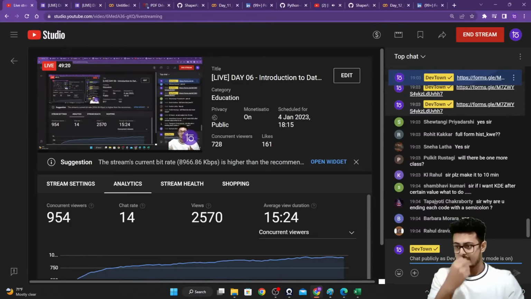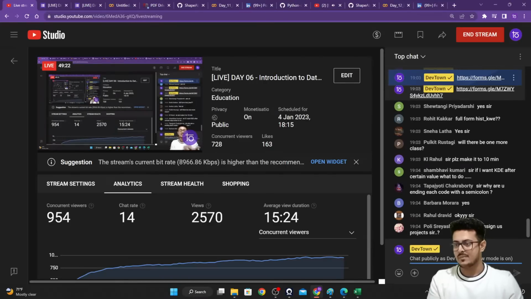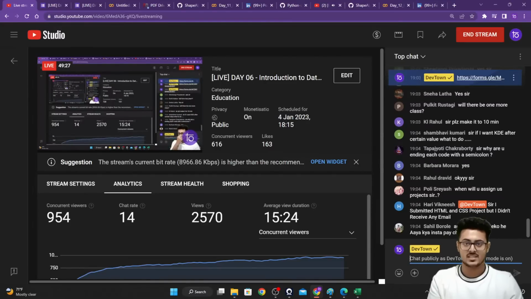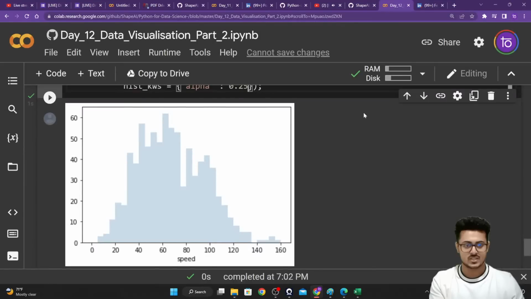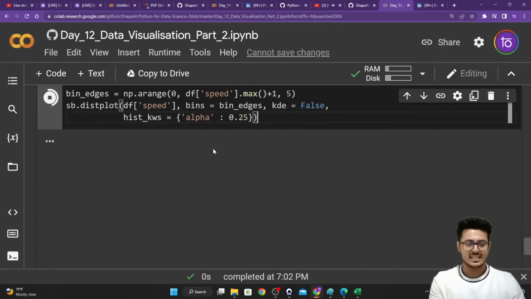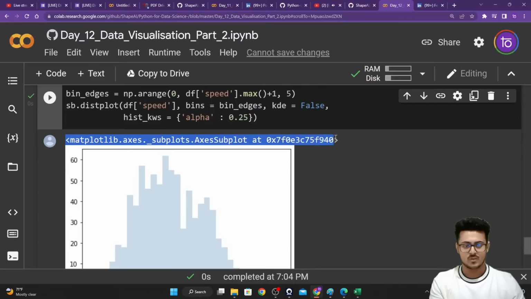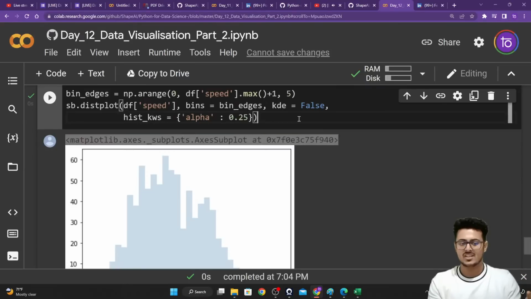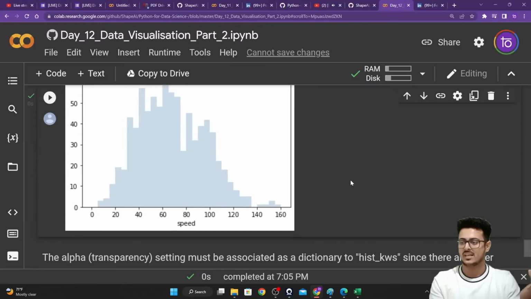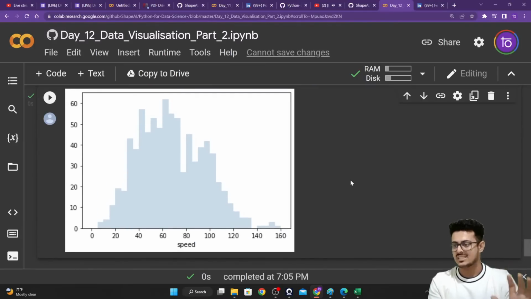Why are you ending each code with a semicolon? Chakravarti, I've already explained this when we started out with our data visualization, that if you're not putting semicolons, you will get all these messages that will come up on your screen. Right over here, if I don't put this semicolon, you will get this metadata also on your screen, and you don't want this. What is this? matplotlib.axes subplot and so on. To make sure you are not seeing that on your screen, you put this semicolon at the end, so Python automatically removes that statement and you're just getting your plot itself.